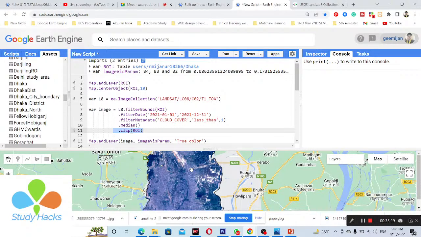So I hope you got this. This time I want to export these satellite images, and how we can easily export them. In the previous class I also tried to discuss that, how